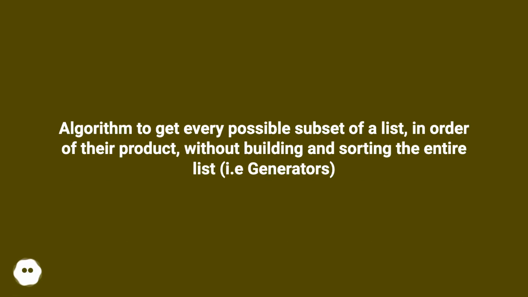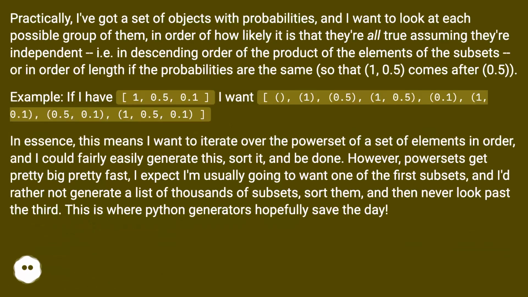Algorithm to get every possible subset of a list, in order of their product, without building and sorting the entire list, i.e. generators. Practically, I've got a set of objects with probabilities, and I want to look at each possible group of them, in order of how likely it is that they're all true assuming they're independent,